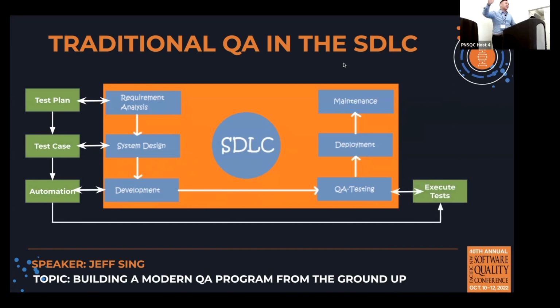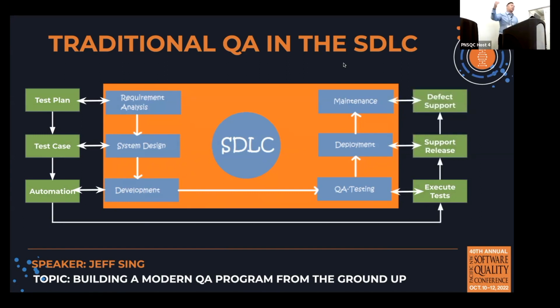After we finished X amount of tests, we feel confident. What happens? We release, right? So they're kind of supporting the release. We're making sure it goes. And then maintenance, right? Oh yeah, there's defects. Can we reproduce it? How do we make sure it's good? This is very much the traditional QA model of how QA used to be, right?